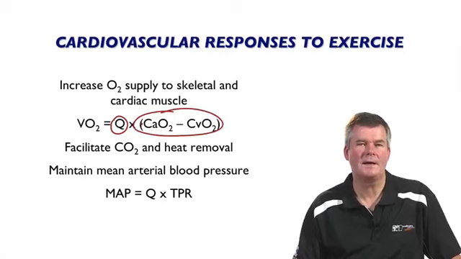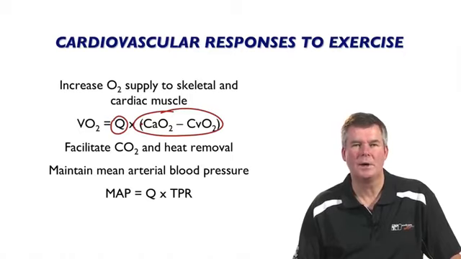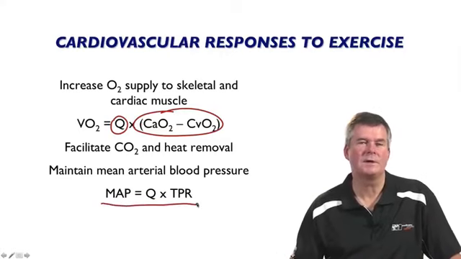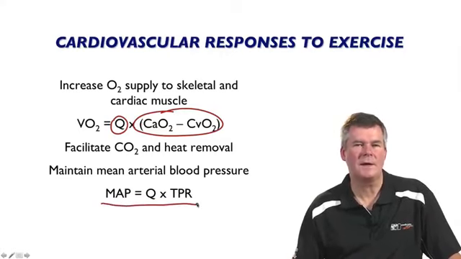This is referred to as the Fick equation. And as you can see, cardiac output plays a key role in determining the VO2. An important other function of the cardiovascular system is to remove CO2 and heat from the contracting muscle. And finally, the mean arterial blood pressure has to be maintained to ensure that there's adequate perfusion of the key organs, notably the brain. It's important to remember that mean arterial pressure is really the product of the cardiac output